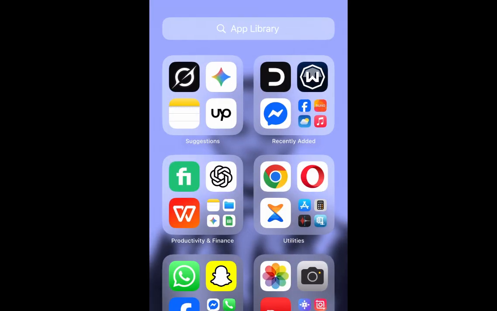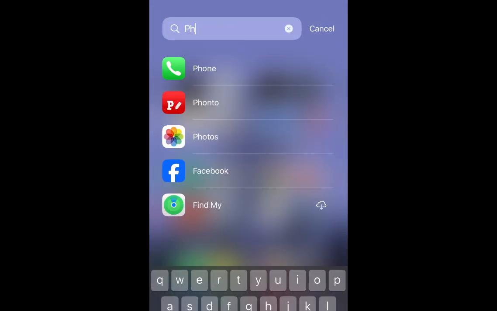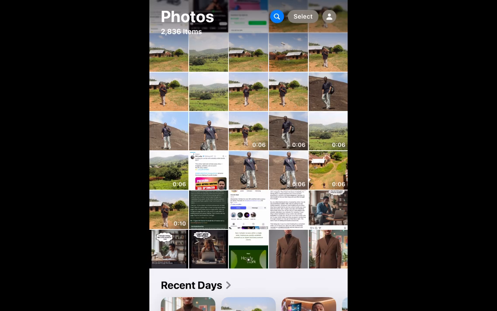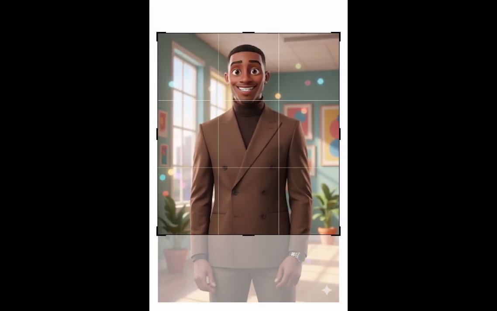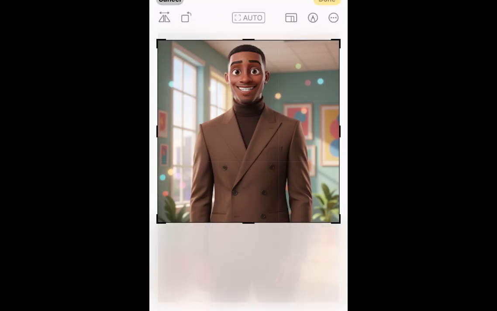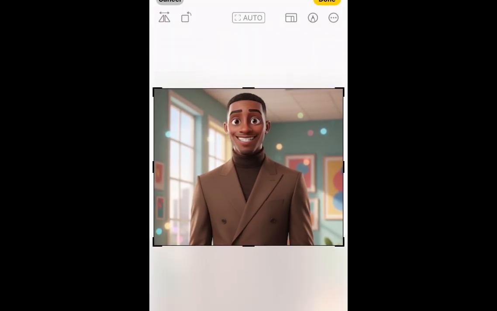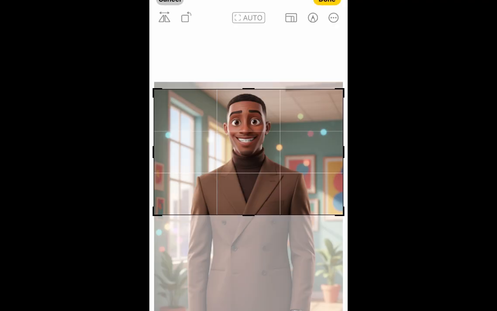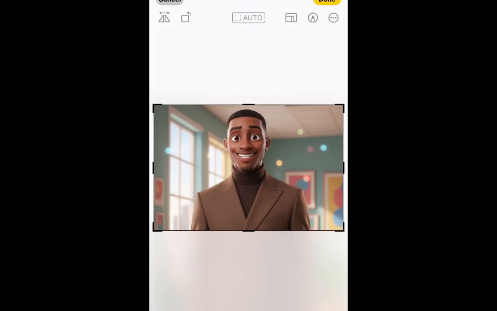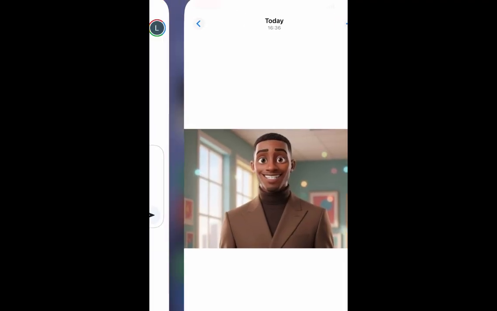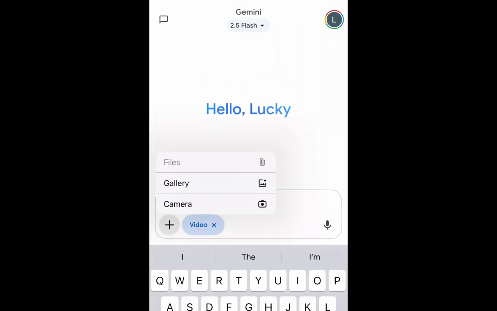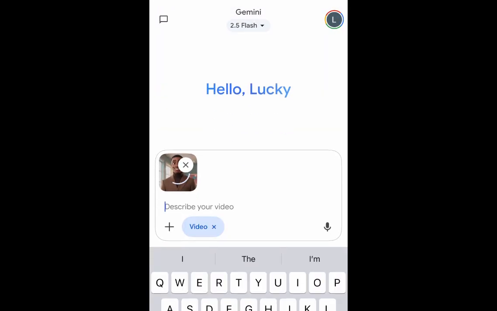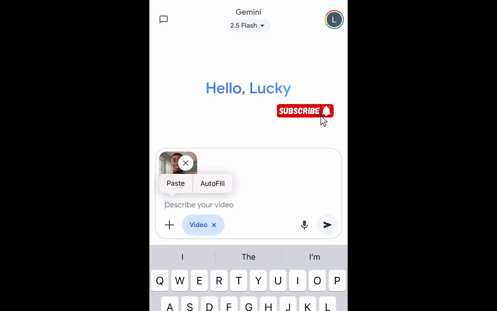So just head over to the image. Okay, head over to the image. Then you just have to crop it. So it will be cropped, so that it can fit in as a video. Okay, so once you're done with that, you head over to Gemini. Then you upload the image again and you say